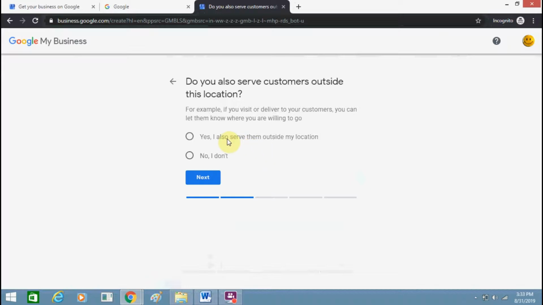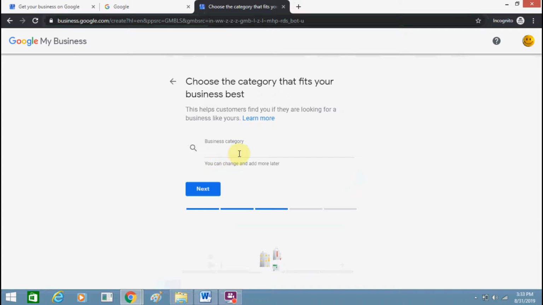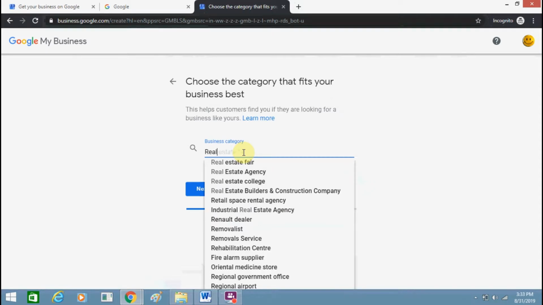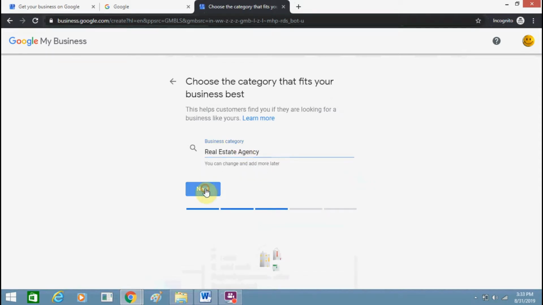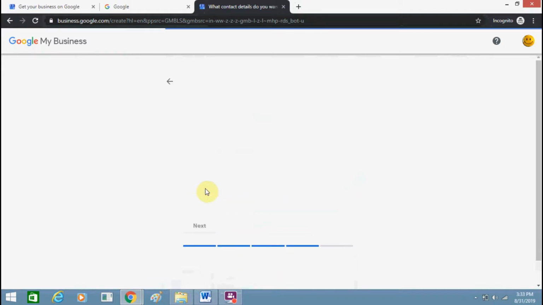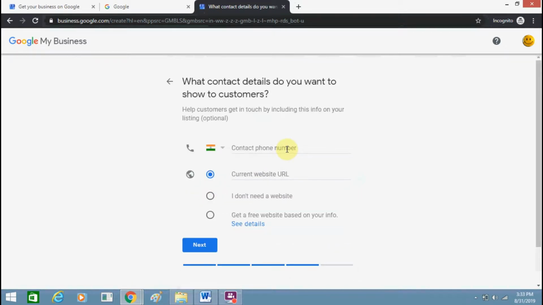I want customers from this location only, so I will click on no. Input all your necessary information to complete this process. Include your number as well if you have any.